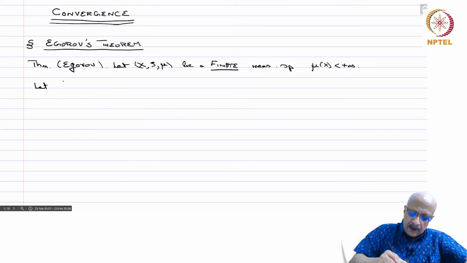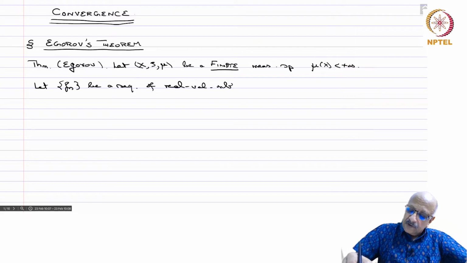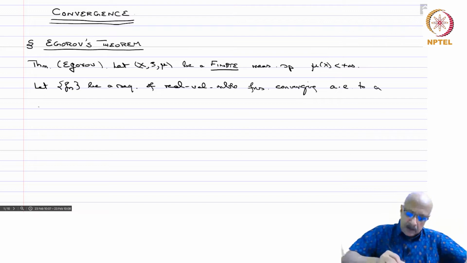Let f_n be a sequence of real valued measurable functions converging almost everywhere to a real valued measurable function